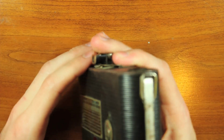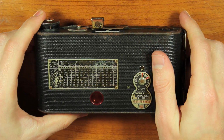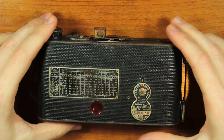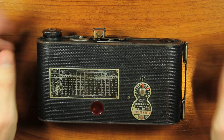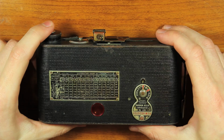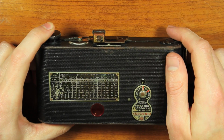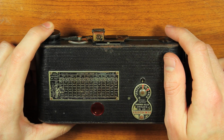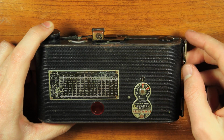So that could be something to look forward to. It's just so different to the standard camera that you have today. You take a photo, you check it instantly to see if it was any good. But this is quite exciting. You take your photo, you wait until you get it back to find out if it was a